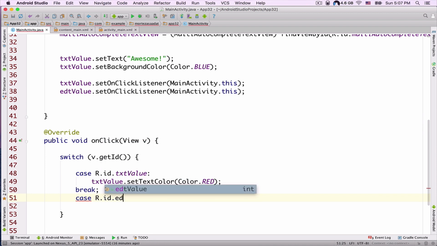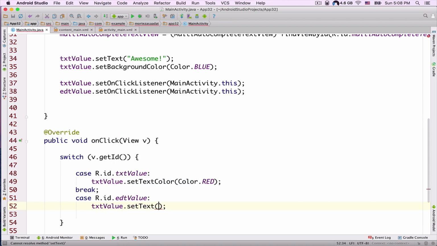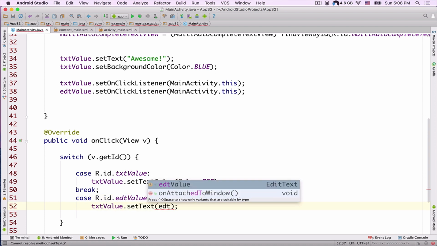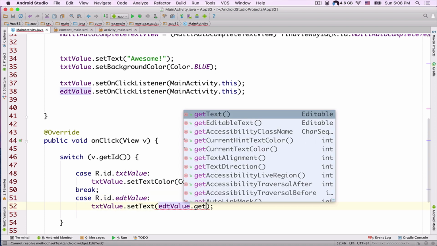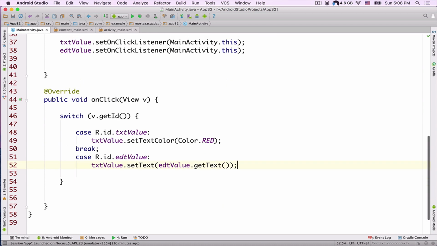R.id.edtValue colon, and here I can just type in txtValue.setText. And here I can just put in the value of this edtValue to this txtValue object. So I can just type in edtValue.getText, and now let's actually run our project. But before that, let's put the break statement here, and now let's run our project and see